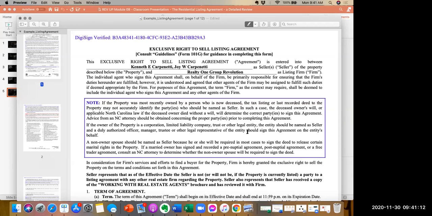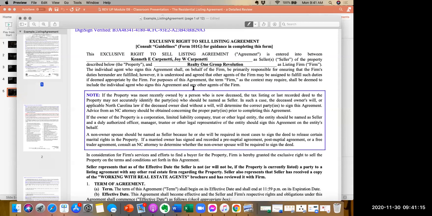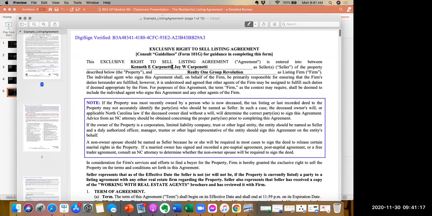Now, as we go through the top portion of the form, you want to make sure, at least I do, that I have the legal name that the attorney is going to use on the deed. That is what I like to use on my listing agreements. In most cases, the first name, middle initial, and last name, as well as the secondary party. In most cases, I would put in parentheses out to the right, married, if they're a married couple. So you want to spell out who the listing agreement is between: your sellers and your firm as the